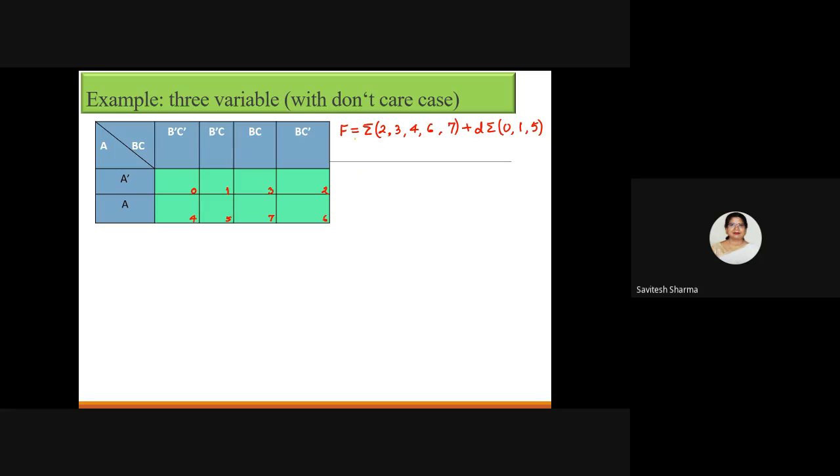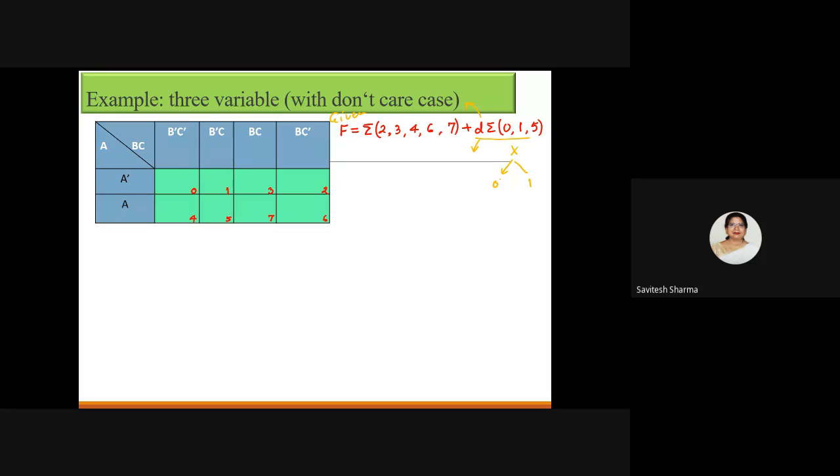So you see, this is a special problem. Here, a function is given. Please see very carefully. Here, the function is given in minterms, but in addition some more minterms are there. This D is called don't care. This D is called don't care cases. Means if D is written, for these cell numbers I will mark cross. Either you can assume X as a 0 or you can assume X as a 1, as per your convenience.